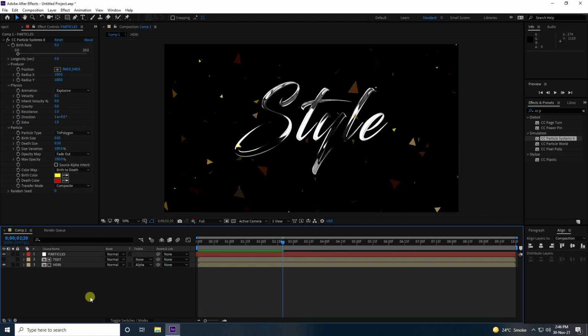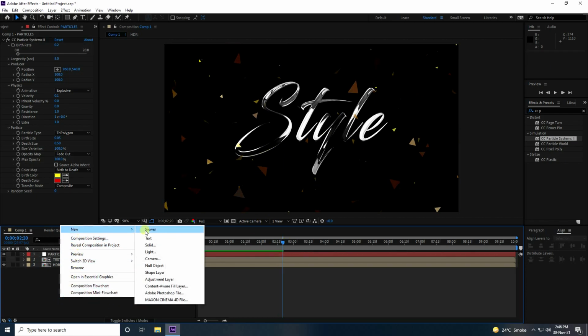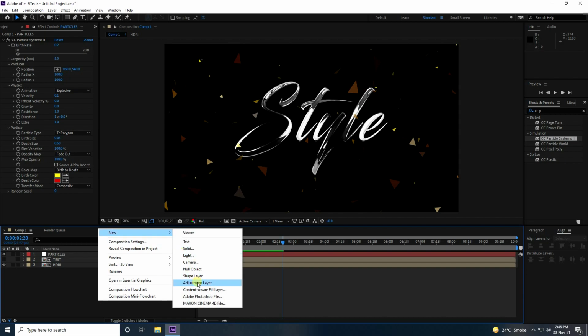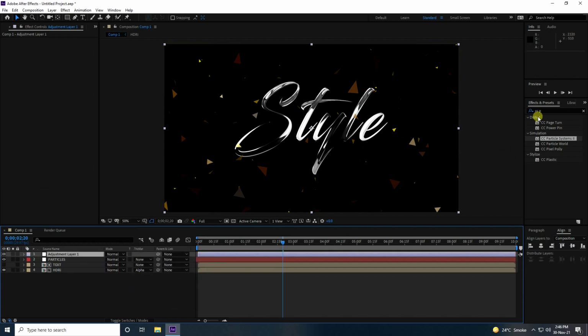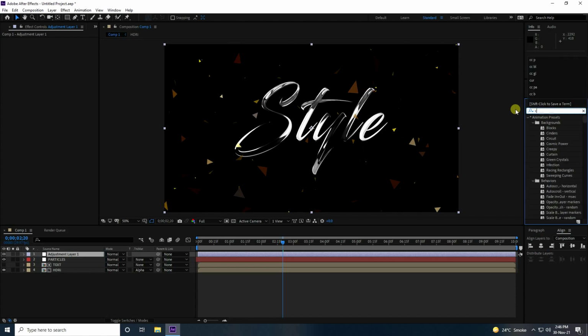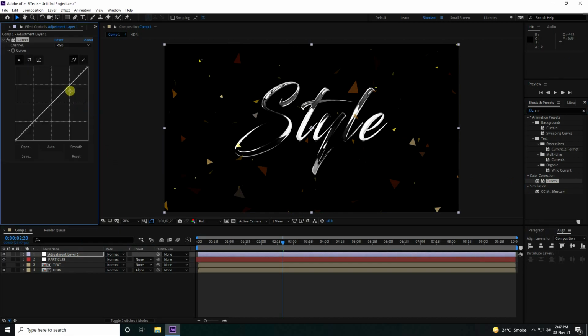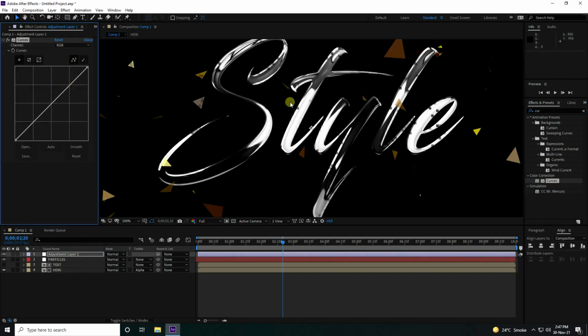Next, this time I apply an adjustment layer for color correction. Type curves, select your curves and apply it on the adjustment layer. I create a gold effect, so use red and increase it like this.